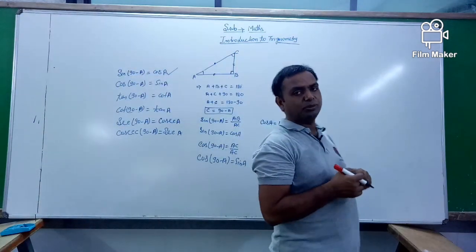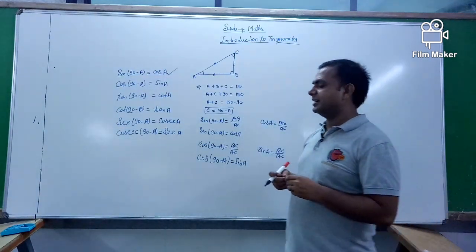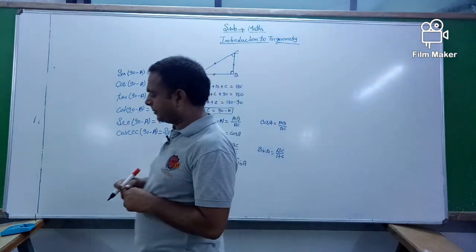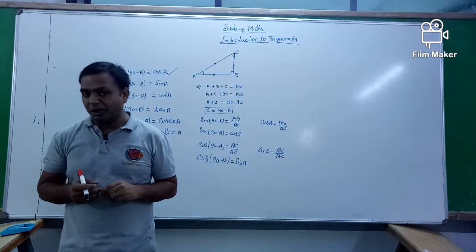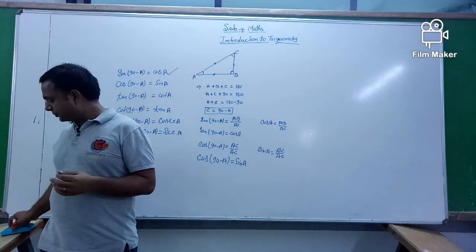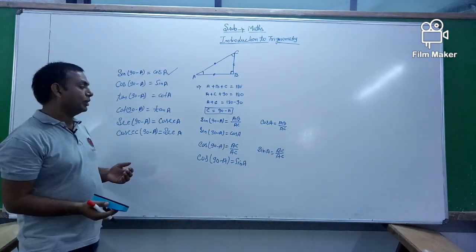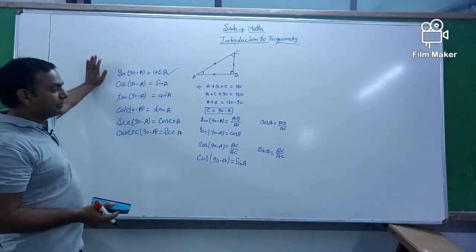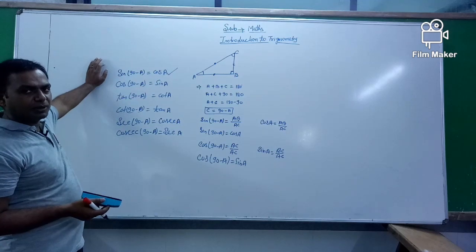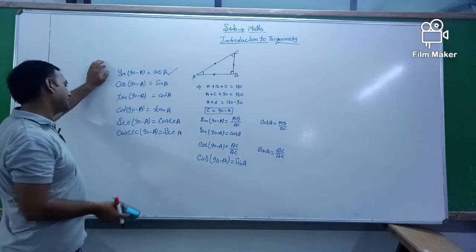According to these formulas, the next exercise is 8.3. So we are going to solve the sums related to exercise 8.3. All of you see the formula and how you can derive this formula, all of you understand. Okay.